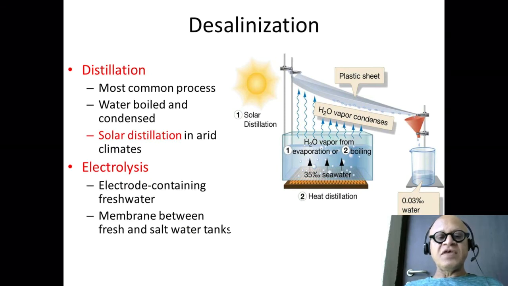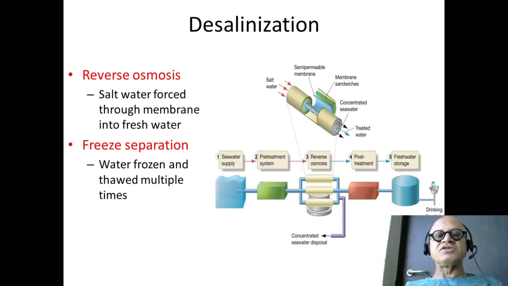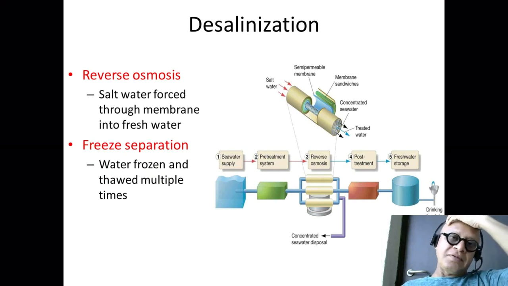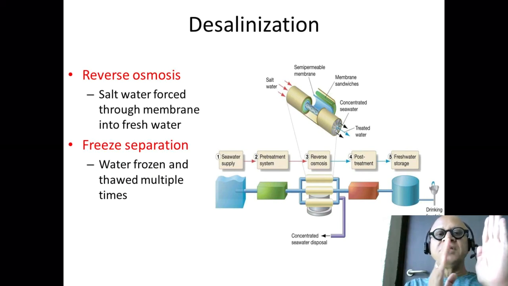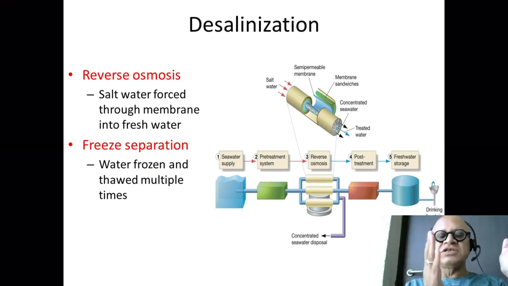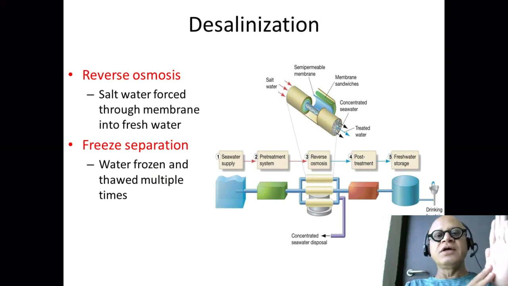And you can also have a membrane. Reverse osmosis is now one of the most widely used methods for desalinization. We haven't learned osmosis yet, but I think you have some sense from your earlier education. You have a semi-permeable membrane which allows water molecules to pass, but not what's in the water, like salts, right? This is used in our body to exchange waste and oxygen between cells and so on, and all the animals that live in the water use it, etc.